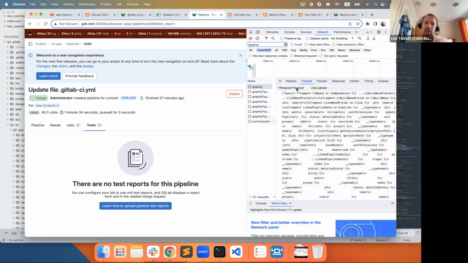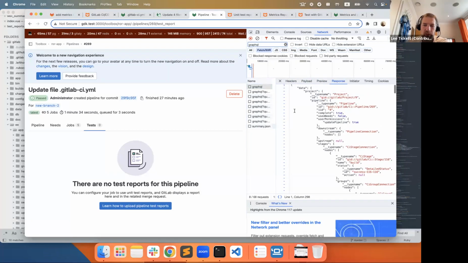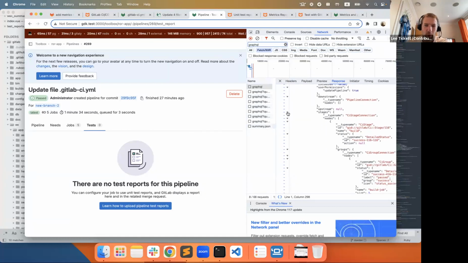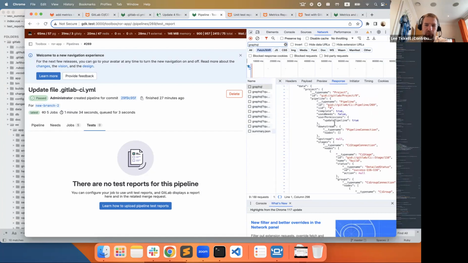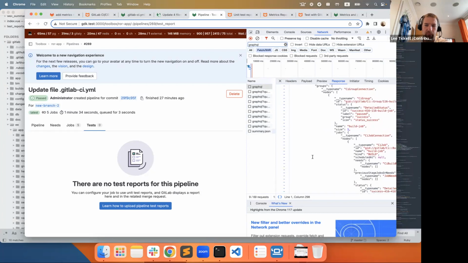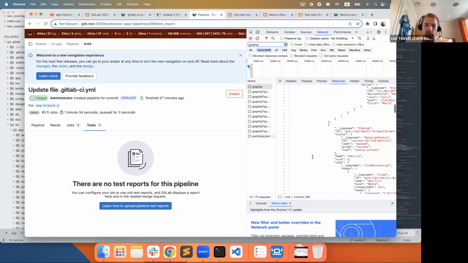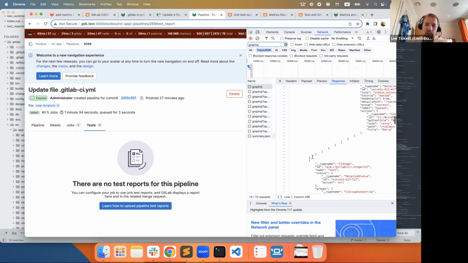Let's look at the response and see what actually came back. So we've got the project, the pipeline. The pipeline, we've got downstream and upstream. We've got the stages. So I think that all the information's probably in this response. And this is, yeah, so I would say